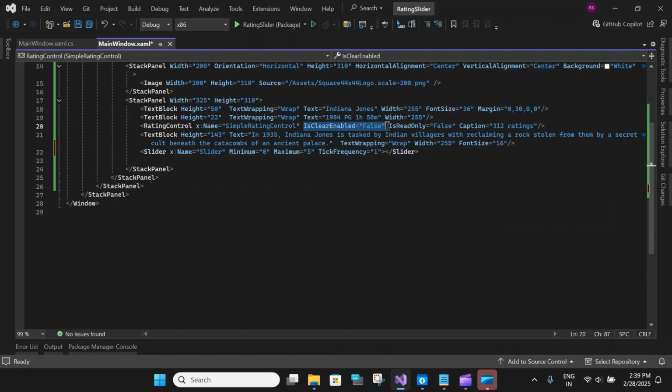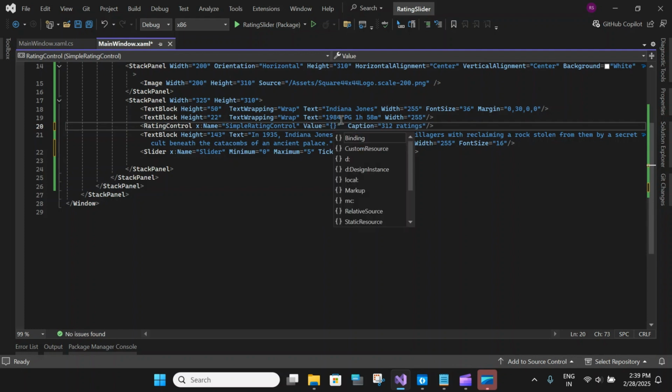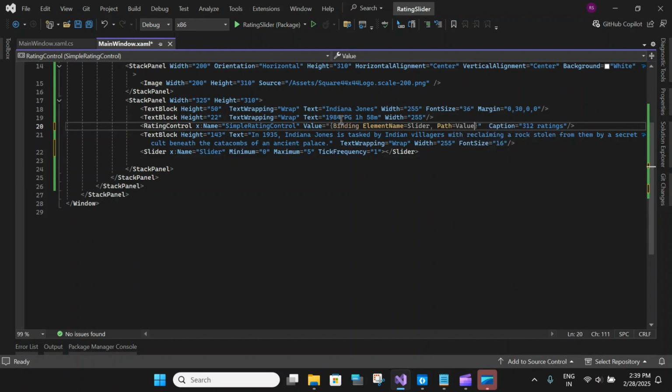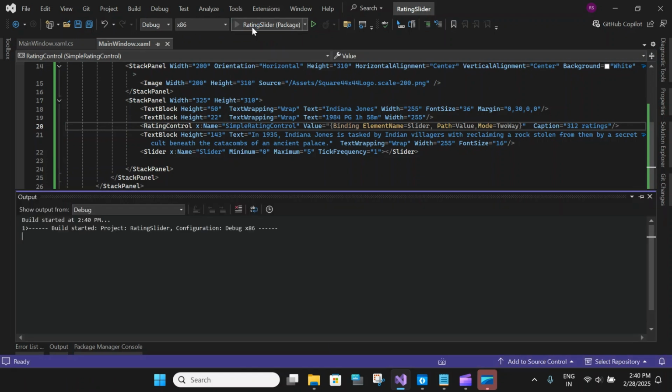Now let's make some changes to our rating control. For example, I will remove this. I will also remove this IsReadOnly. Let the caption be as is. And here I will set a binding for my rating control, and that would be the value, and the value will be equal to a binding where the element name equals slider, and the path is equal to the value of the slider. And next, the mode we'll set to two-way. So now when I save this and run this application,